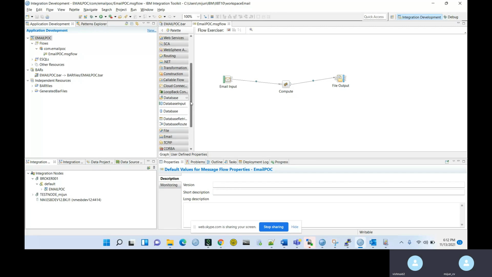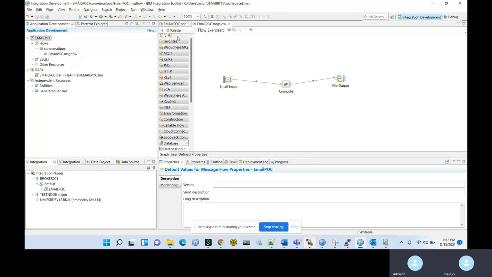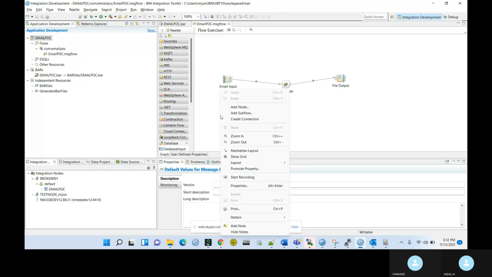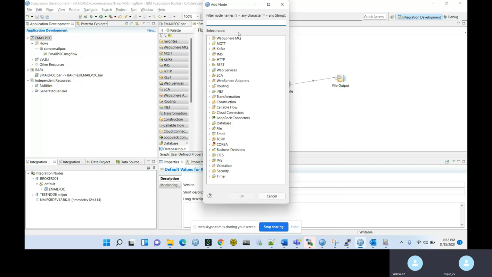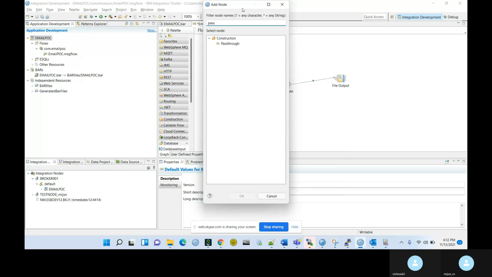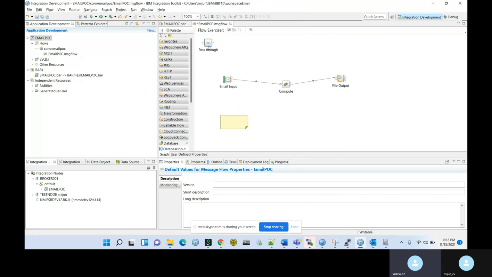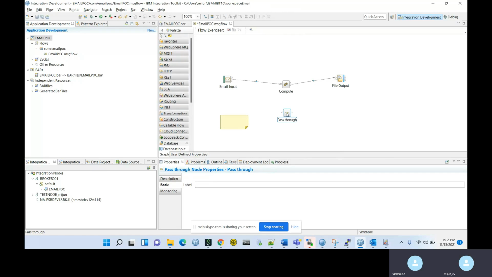Right click on the canvas on the white screen, then add node, and type pass-through. Connect the error terminal of the email input to the pass-through node, and also the catch terminal.